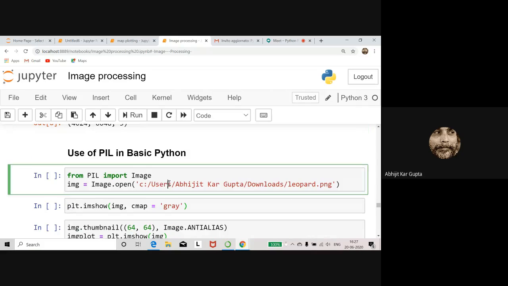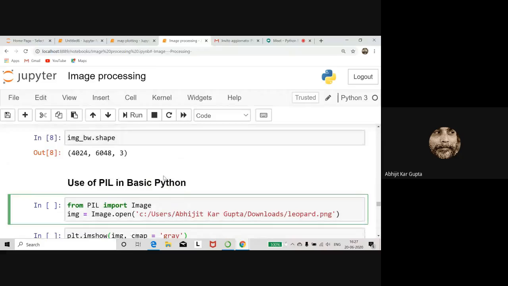Okay, and then Arunabhoda sent me some file last night to show me PIL in basic Python, the Python Imaging Library. I'm not going into that, because I wanted to stick to Matplotlib.